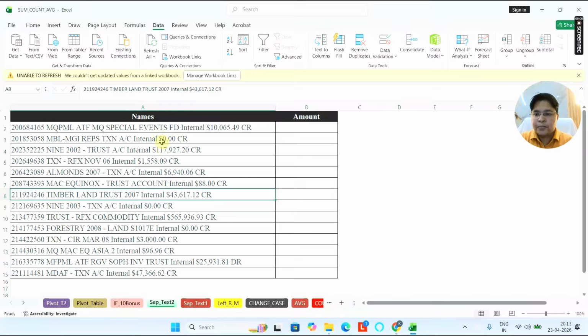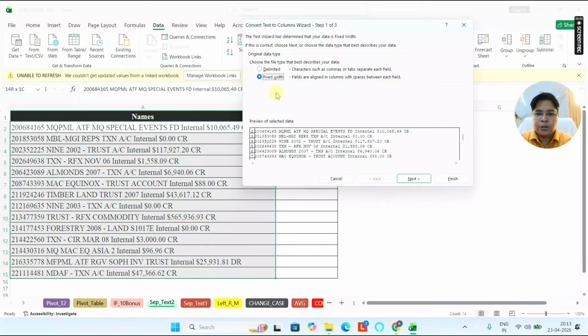See this data carefully. In this data, mixed information is displayed: account number, transaction ID and amount also, with the CR symbol. And our requirement is that we want to display the amount in a separate amount column. So for doing this task, first select the column, then click on text to column. In this option, fixed width is checked, but you have to check delimited. In the previous task, I also explained the meaning of delimited. Delimited means which character is used between two words. So a dollar sign is used between the amount and the previous words. That's why check delimited.